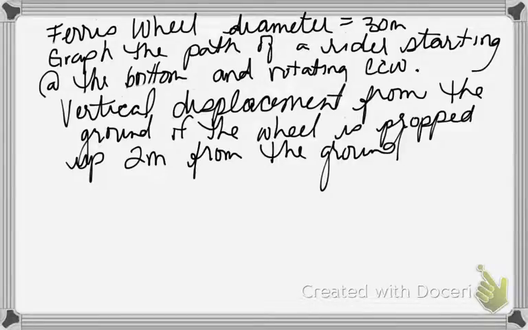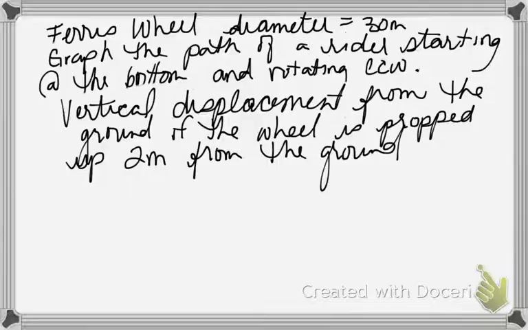Hi guys, we're going to do an application of trig functions involving rotation. So here, I apologize for how poorly this is written, but I'll explain it to you. Here we have a Ferris wheel with diameter 30 meters, and we're going to graph the path of a rider starting at the bottom of the Ferris wheel and rotating counterclockwise. Now our goal is to graph the vertical displacement from the ground if the Ferris wheel is propped up 2